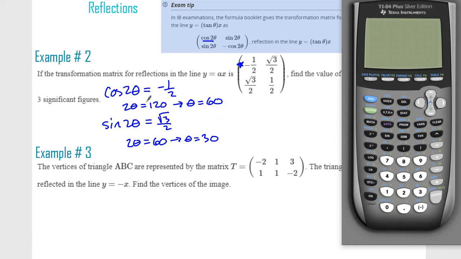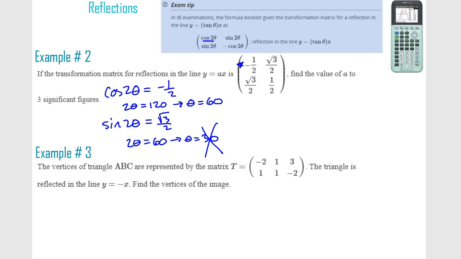So cosine 2 theta, so let's check the 60. So that would be cosine of 120. Okay, that gets us our -0.5. But if I do cosine and plug in the 30, that's cosine of 60, that's positive 0.5. It can't be this one, okay? We just tested it. It doesn't work for the other ones,